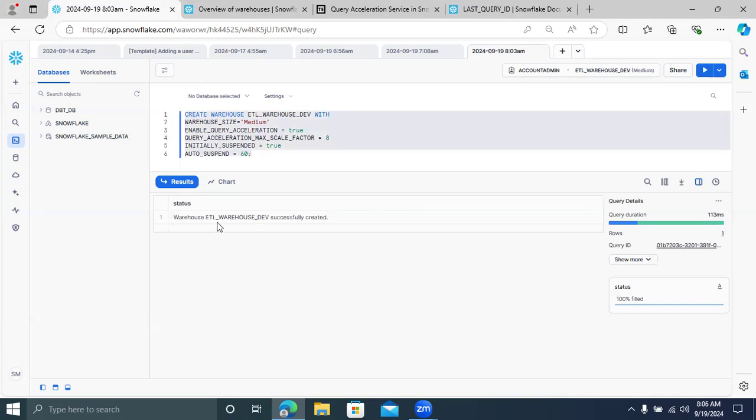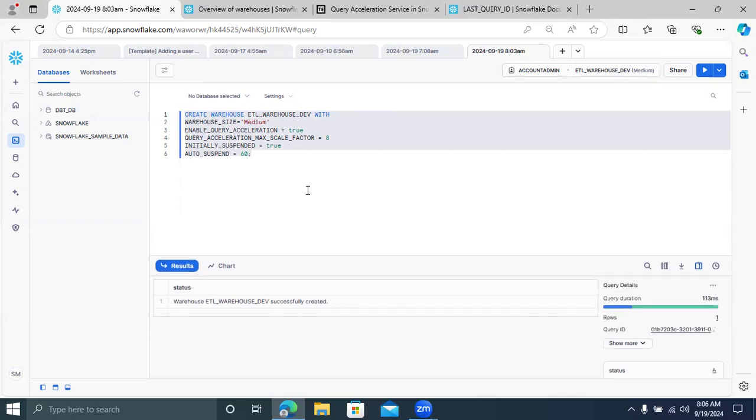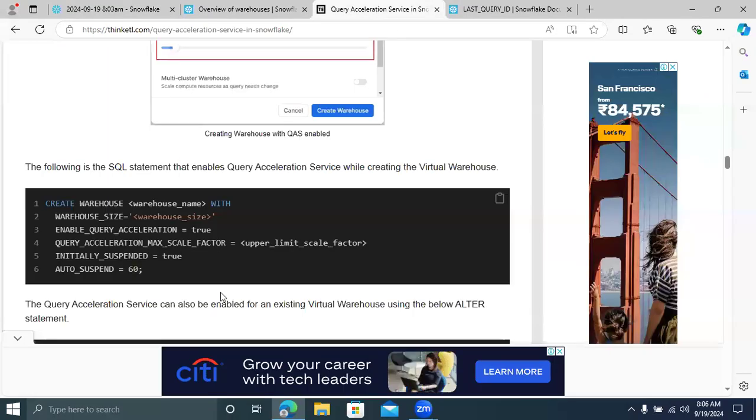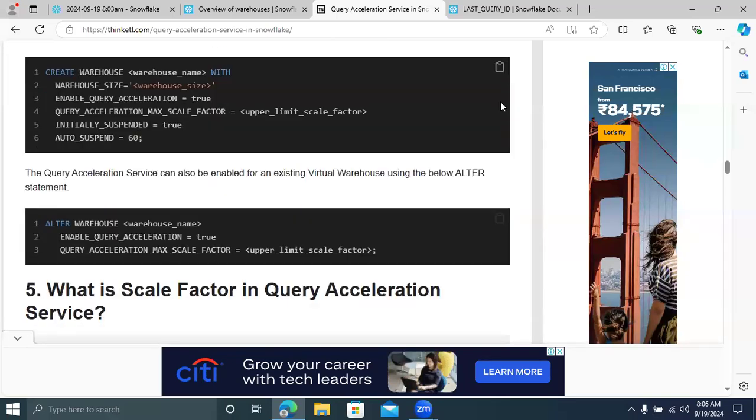Now the warehouse got created, and you can see the ETL warehouse, size medium. Good. I created the warehouse through SQL, or you can create it through Snowsight as well. Now, if you want to change the scale factor, you can use the alter statement.